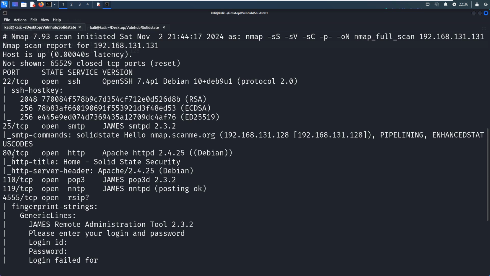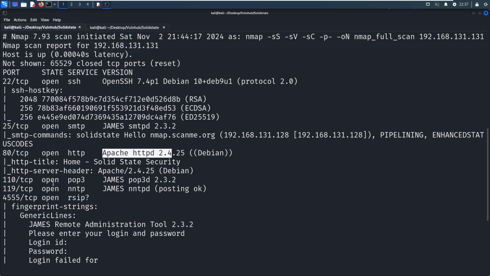And the next one is 80, which is running HTTP service, and also the version information Apache 2, and the title, Solid State Security. Afterwards, we can enumerate or walk through the site manually by the browser.